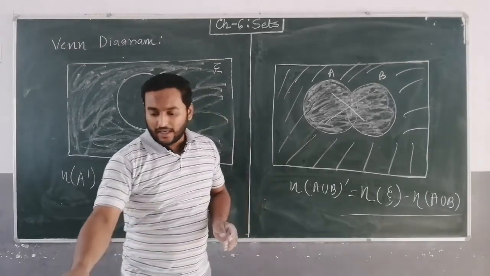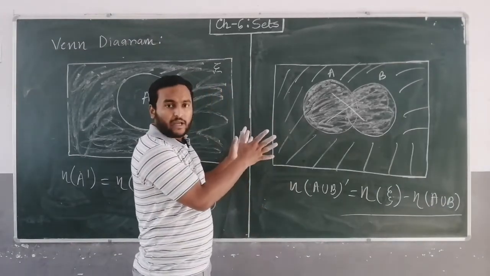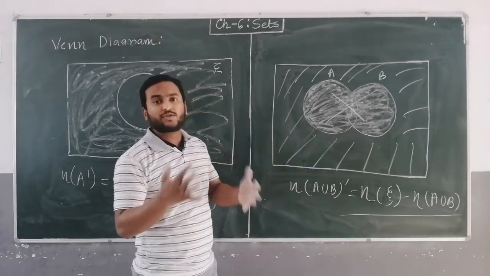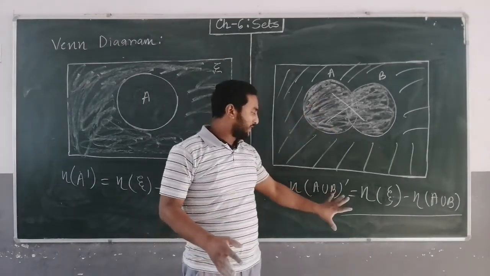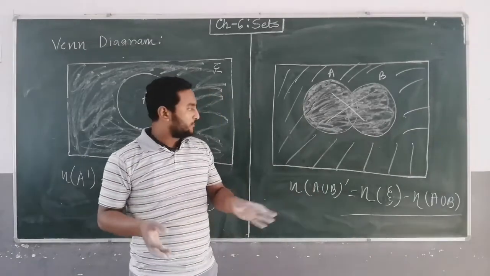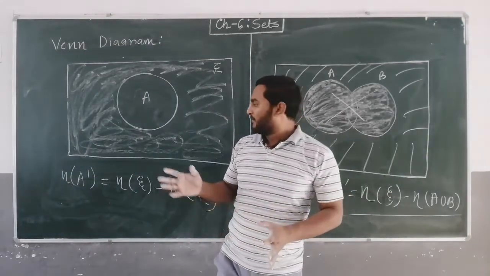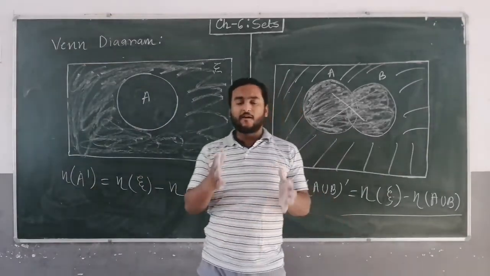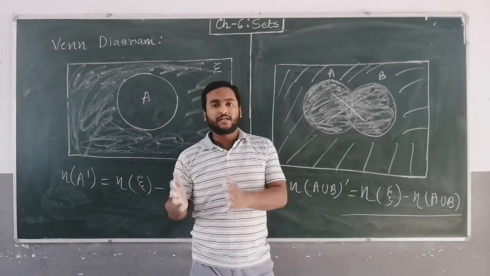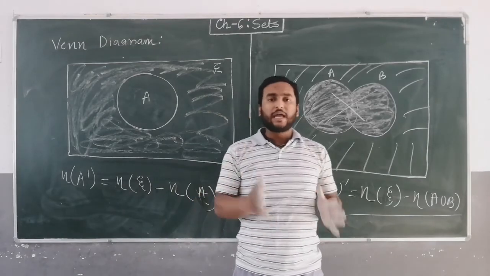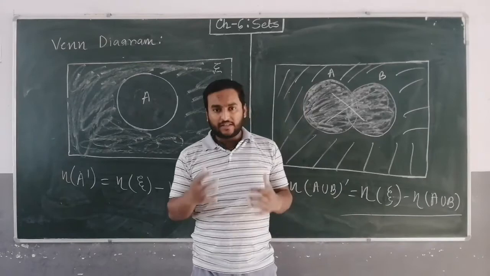Through the Venn diagram, it is very easy to find this. At first you will represent the given sets, and you have to see in which conditions they are disjoint or overlapping. After that you have to see for which set you have to find the cardinal number, and in this way you can find it by using this formula: cardinal number of A union B equals cardinal number of A plus cardinal number of B minus cardinal number of A intersection B. So all these formulas, all these relations, you have to keep in mind